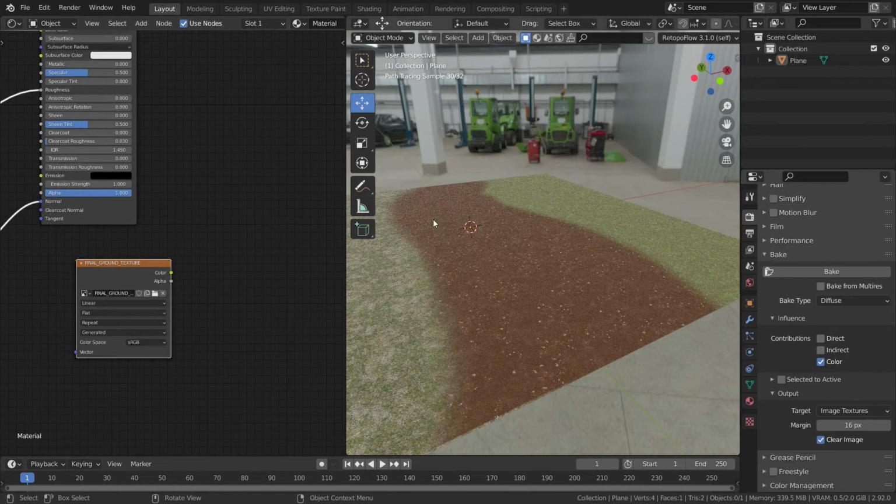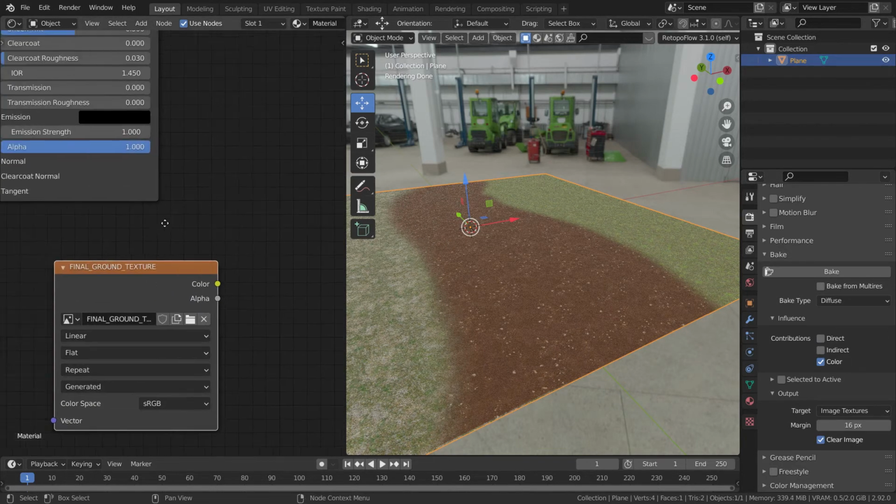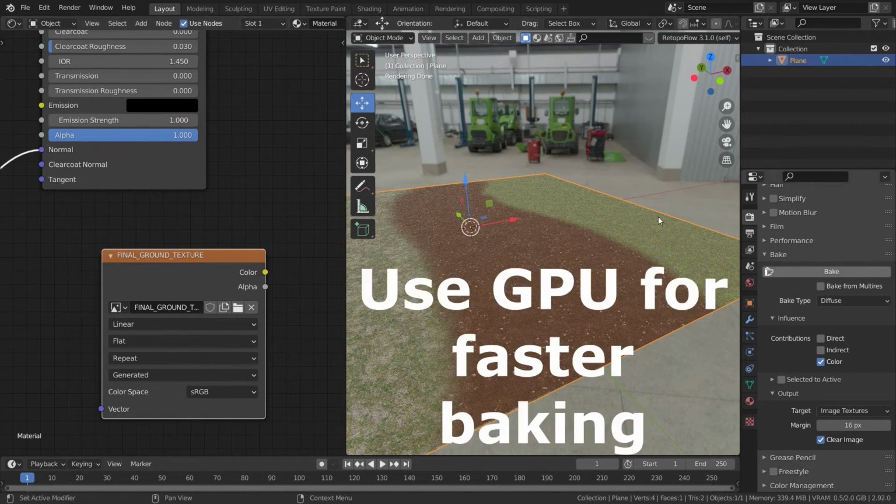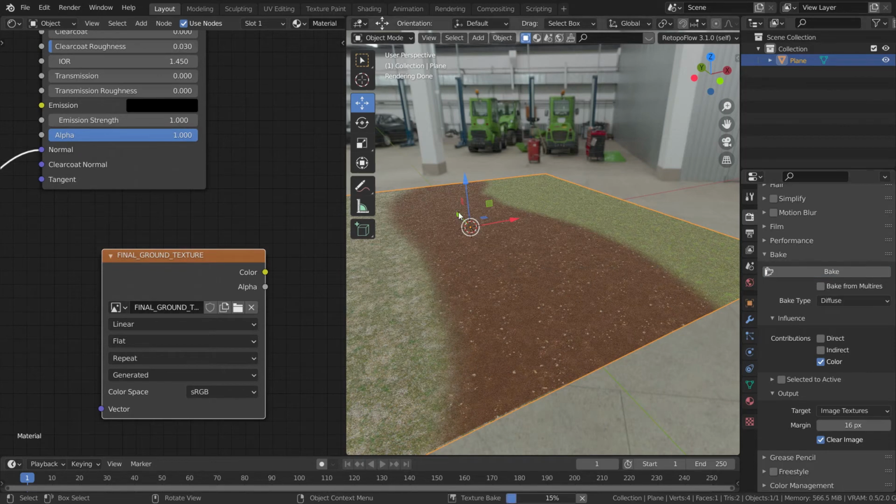Now what we will do is we will also select this plane, and while selecting the texture on which we want to bake, I'll just click on bake. One thing I didn't mention is why I removed these two sockets, direct and indirect. The reason is that as this scene is lit up by the HDRI, that is counted as the direct lighting.